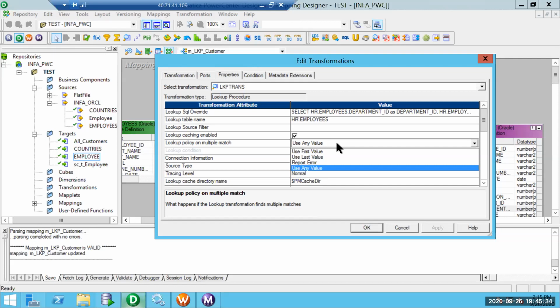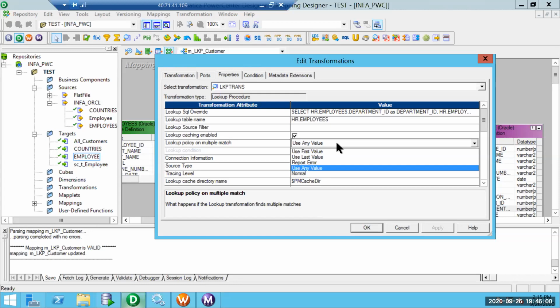Now in the reference data, when we are looking, it might have multiple values. If it has a single value, well and good. The scenarios are, it may not find any data. If it does not find any data, it will return null, which is fine. If it finds only a single value, still fine, because it is going to return only that value.